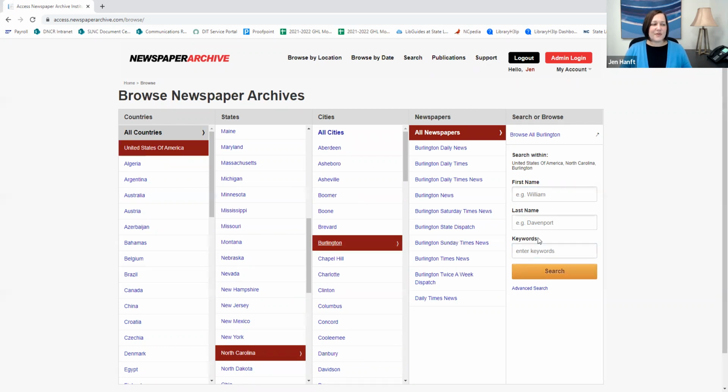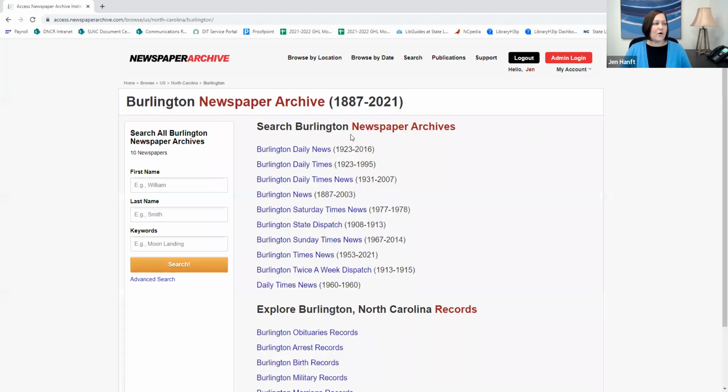and we can then search within this for a particular topic, or we can go in and browse to see that we have the Daily News from 1923 to 2016, the Daily Times from 23 to 1995, the Daily Times News up to 2007, and so on. So we have a good range, and every